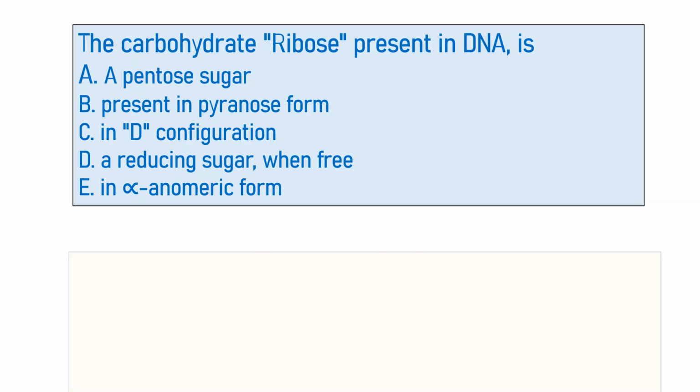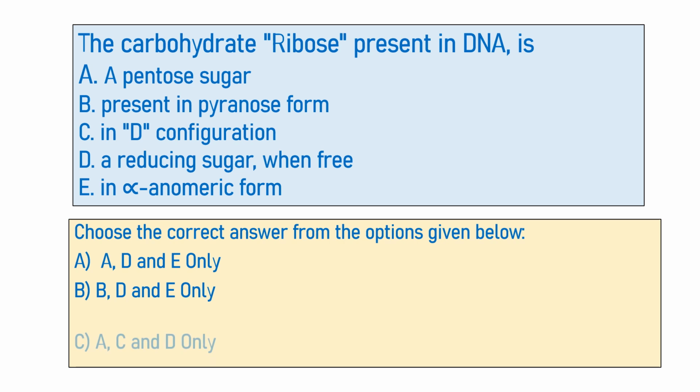So let's see the question first. The question has four options and there are five properties of the sugar that are listed here. The question is: the carbohydrate ribose present in DNA is a pentose sugar present in pyranose form, in D configuration, a reducing sugar when free, in alpha anomeric form. So they have given five different properties of this ribose sugar